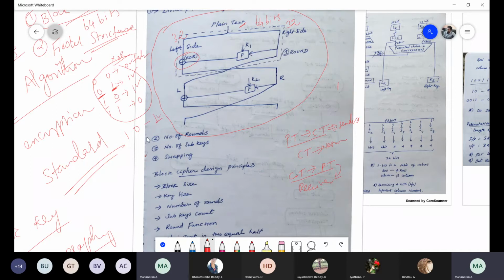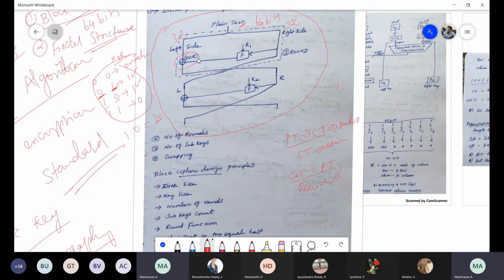That is the purpose. We have many logical operations: AND, OR, XOR, NAND, NOR. Especially we are choosing the XOR operation. The reason is that when we convert into ciphertext, we again have to convert it into the original form, that is plain text. This kind of conversion is only possible with the XOR operation without changing the originality.